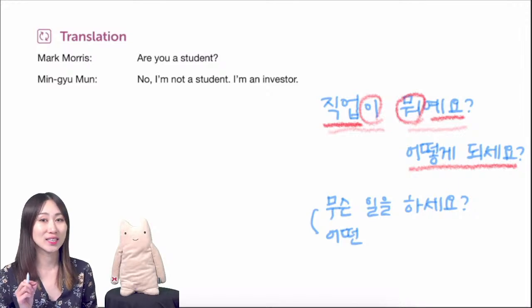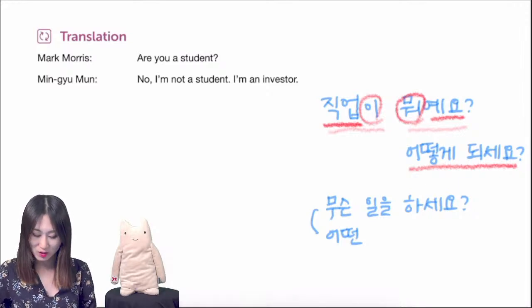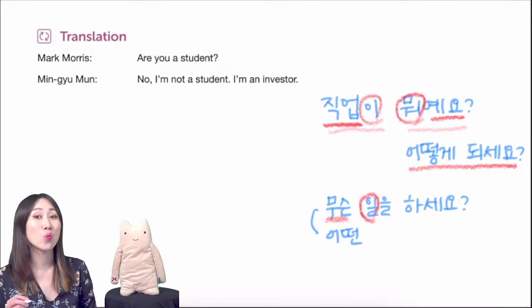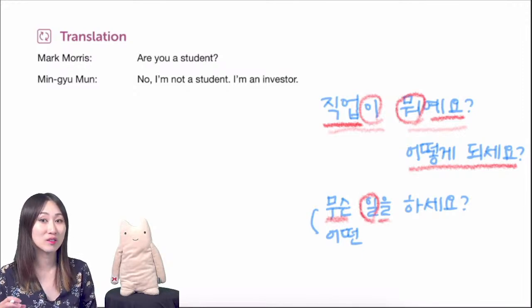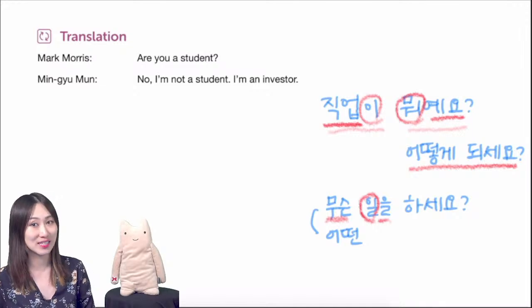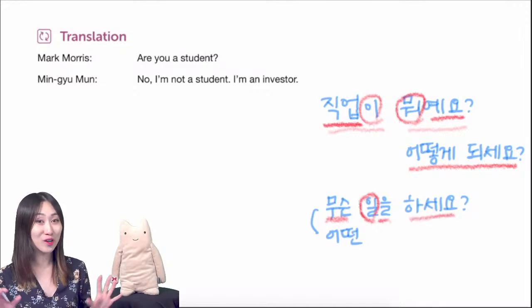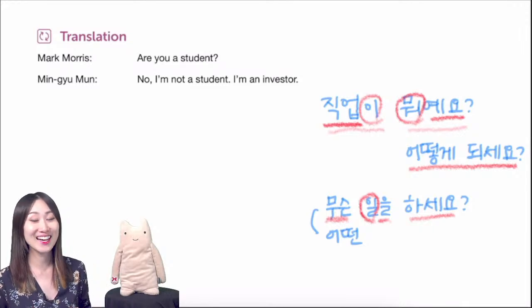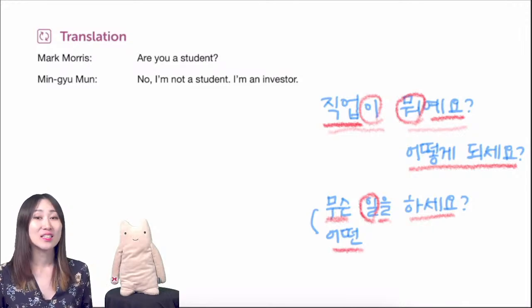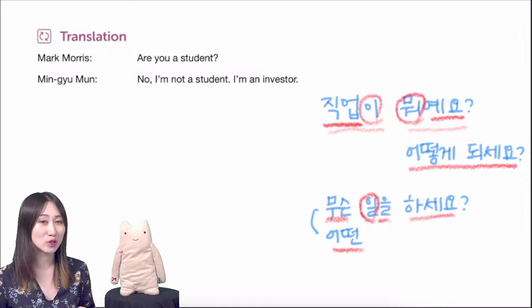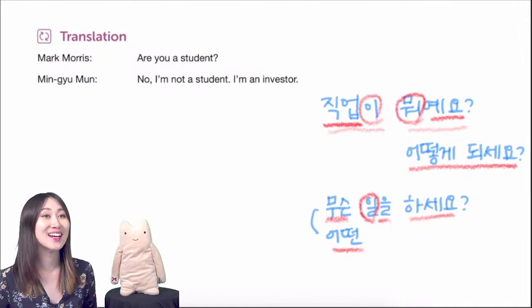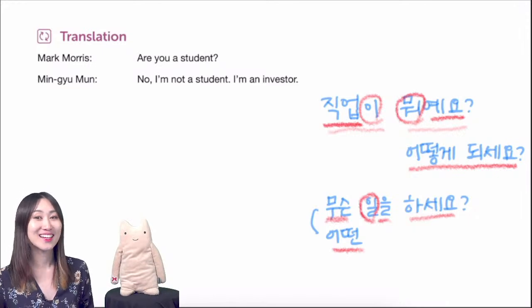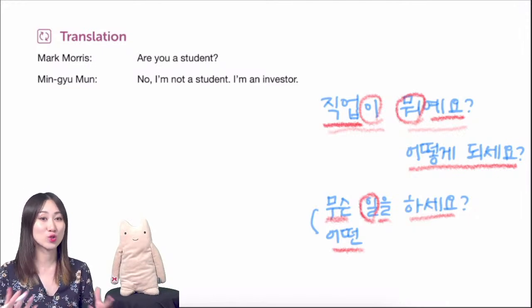무슨 means what. And 일 means work. 을 is an object marking particle making 무슨 일 the object of the sentence. 하세요 means do. So what work do you do? 무슨 일을 하세요? Or even better, 어떤. It literally means how or what kind of. So what kind of work do you do? What kind of work do you do in Korean is 어떤 일을 하세요? So these are how to ask what is your job in Korean.